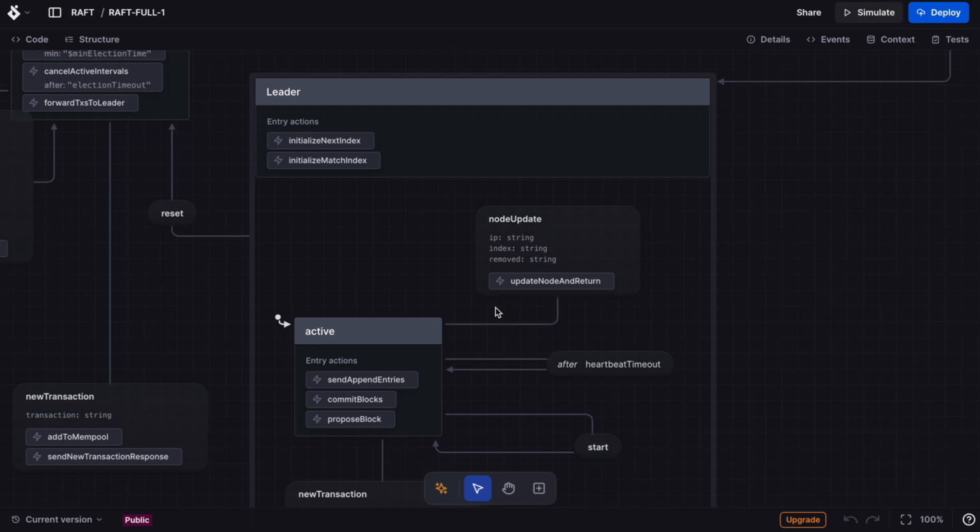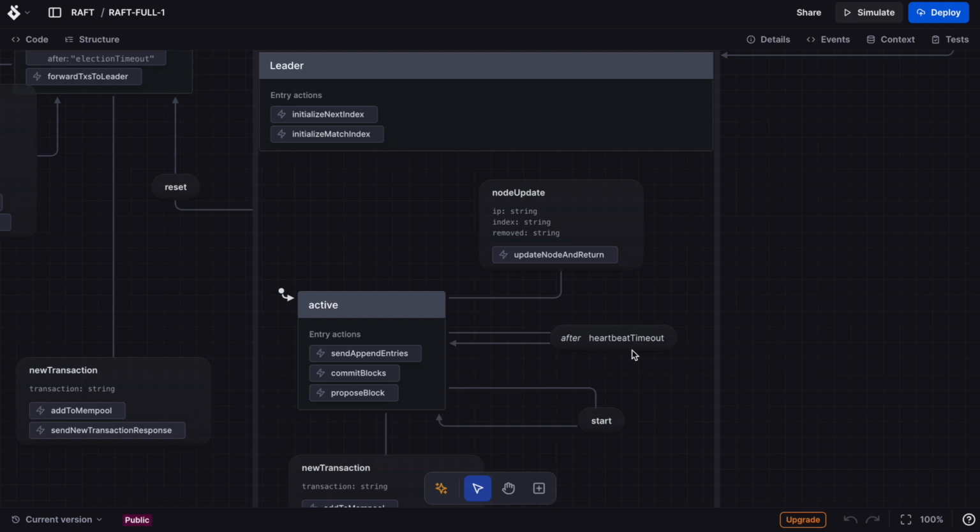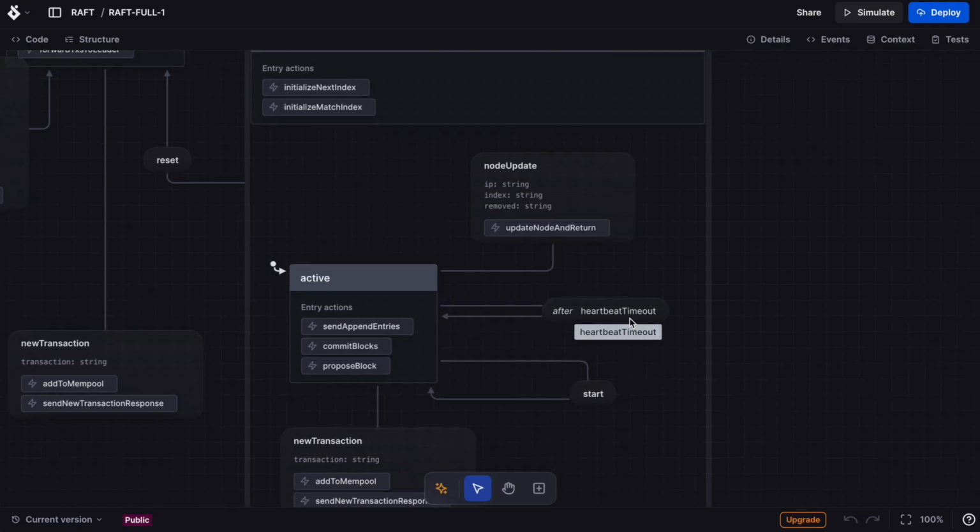In the leader state, the leader has another type of timed action, the heartbeat mentioned earlier. So the smart contract starts a timed action that will execute an external state transition back to the leader state. And when the state is re-entered, it will execute all these re-entry actions. So each time the leader will disseminate the new blocks that were created. It will commit the blocks that have been disseminated to a majority of the nodes, and it will propose the